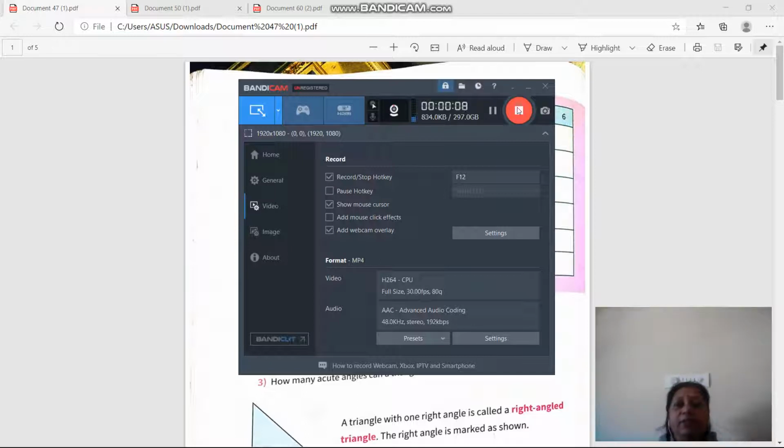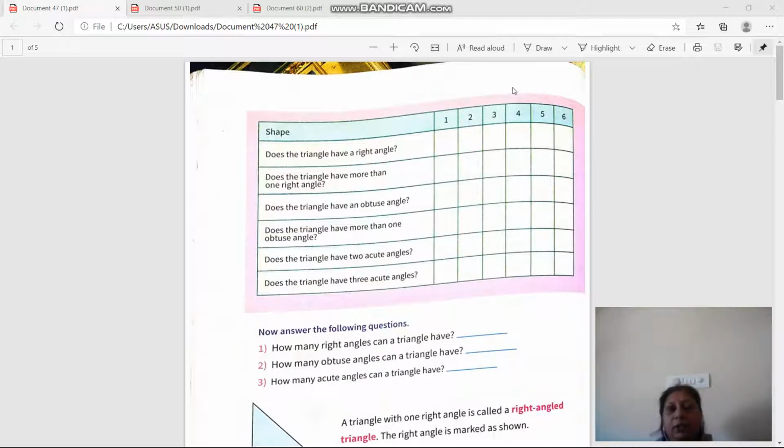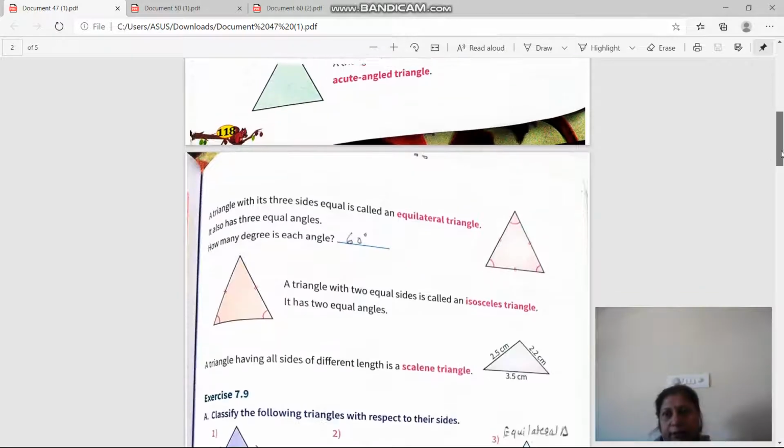So yesterday we started the revision of geometry. There we saw the line, line segment, ray, angle, types of angles, then triangle, types of triangles, quadrilateral, types of quadrilateral, then we saw the properties of triangle. Then the next is circle. Some parts of circle we have studied, so once again we'll repeat the topic of circle.